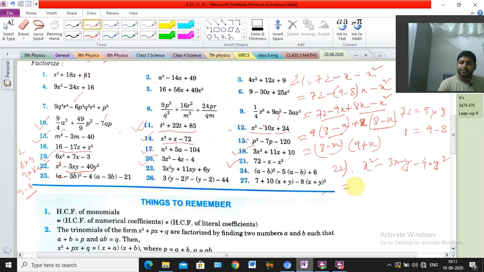So see, at first the coefficient of x square is only 1 and the coefficient of y square is 40. So 1 into 40 is only 40. Okay, so we need 3. So 1 into 40 we are getting 40. That means we can directly do it. 8 into 5 is 40, no? And 8 minus 5 is 3, we can get it or not? Yes. So that means we will use 8 and 5.